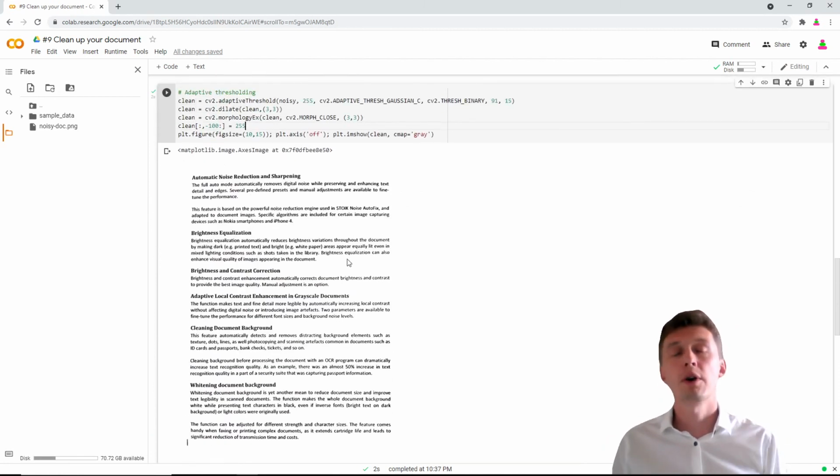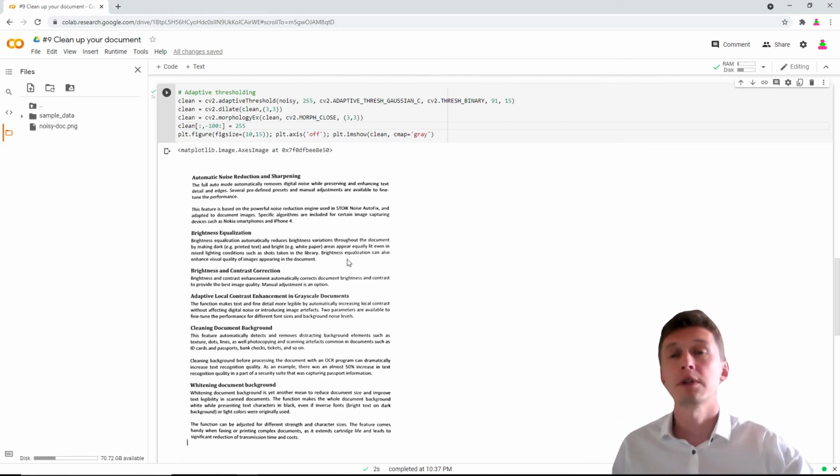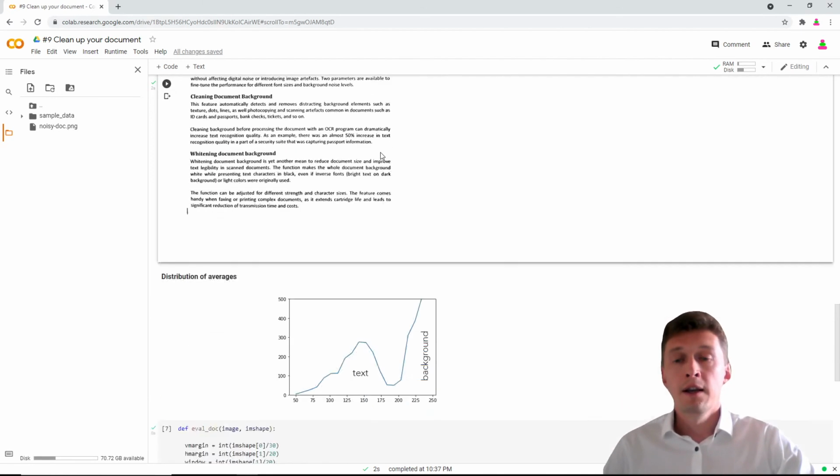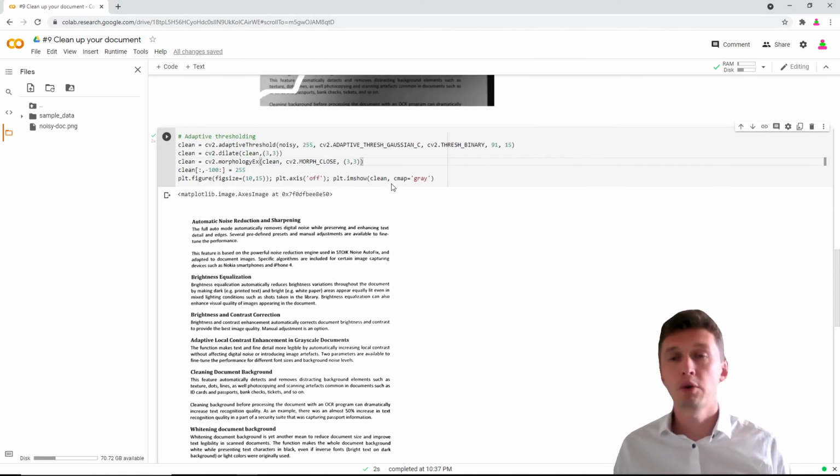So for instance, if you have 500 pages of an old book scanned with their artifacts, you can run this automation once and extract parameters, and then run this function once to turn your pages into good looking ones. So this is one of the possible approaches. It is very simple and you can use it easily.